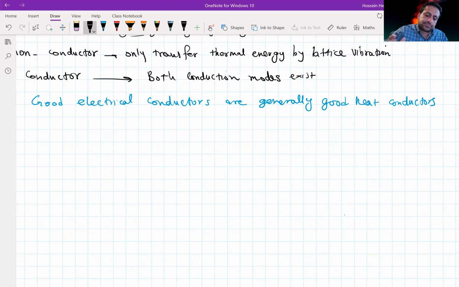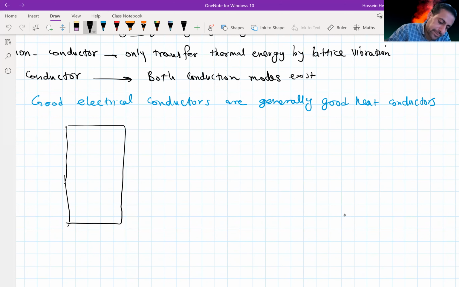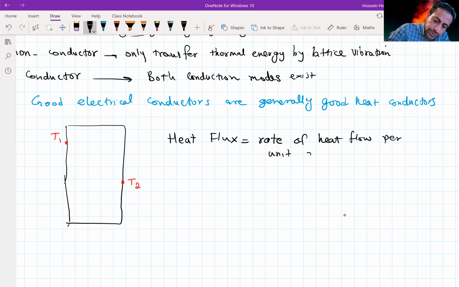Let's say we have a solid slab and one side of the solid slab is exposed to a higher temperature, so I'm just going to call it T1, and the other one is at a lower temperature. And we know that heat is flowing from the high temperature to the low temperature. Now, what is the rate of heat transfer? Heat flux, or rate of heat flow per unit area,